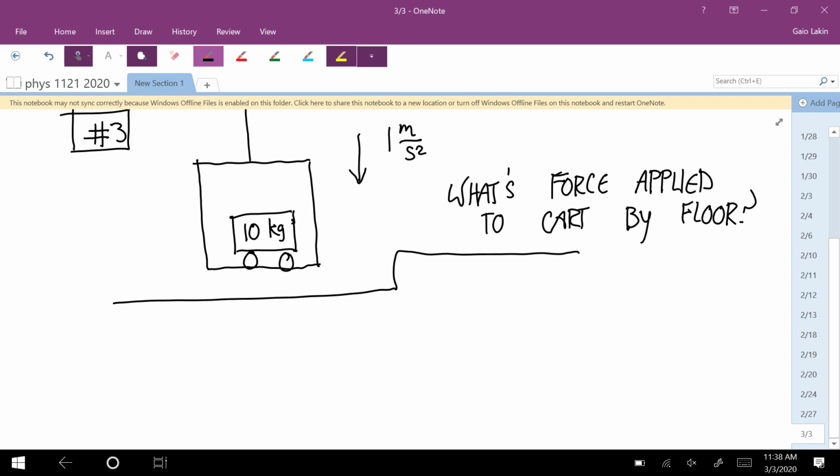Basically, if you set it up as a relative motion problem, here's what you would have. The acceleration of the cart relative to the ground is equal to the acceleration of the cart relative to the elevator plus the acceleration of the elevator relative to the ground. And one of those terms would go away because this cart is not accelerating relative to the elevator. You can think of it as all kind of mounted together. Okay. So then